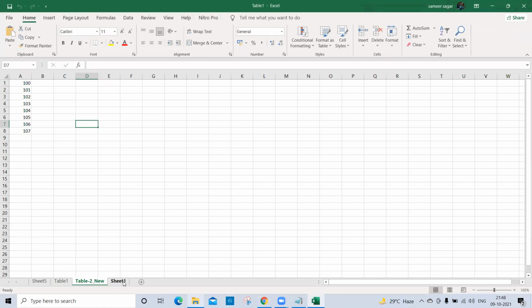It has taken the sheet name Sheet 1 by default. Yeah, Sheet 1. After 3 index, because it is starting from 1, 2, and 3, so it is created here. And it has taken the default name, because Sheet 1 is not there. And as you know, whenever you create any Excel file, by default the names start from Sheet 1, then Sheet 2, and Sheet 3, right? Yes, got it.